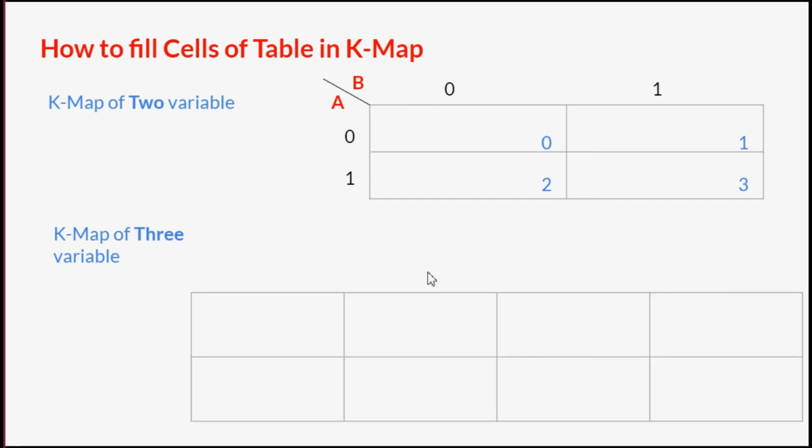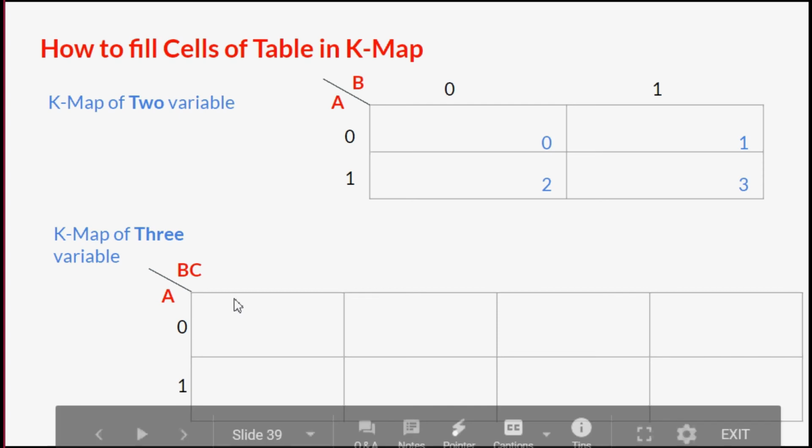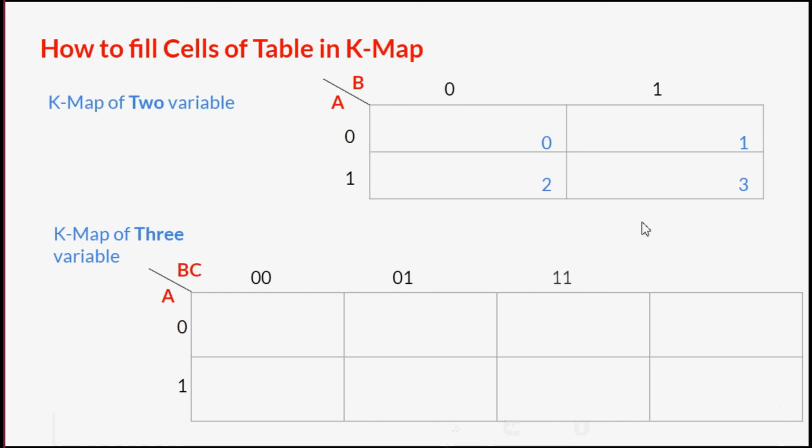Okay, so I have chosen that vertically I am going to represent the double entity, and horizontally I am going to represent the single entity. That is entirely your choice. So here there is a single entity, that is A. Here there is a double entity, which is B, C. Now similarly, A can have either 0 or 1 value. B, C, both could be 0. B could be 0, C could be 1. Both could be 1, or B is 1 and C is 0. Okay, these are the possible combinations.